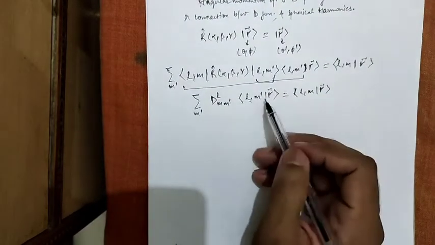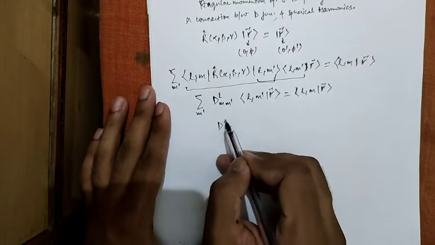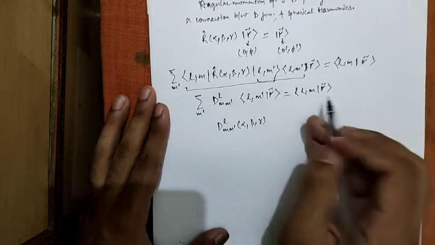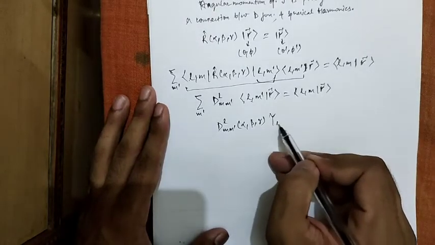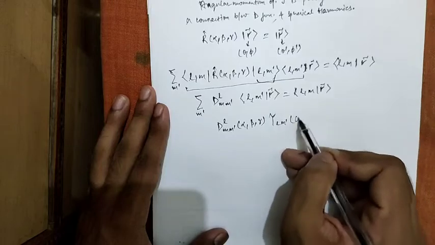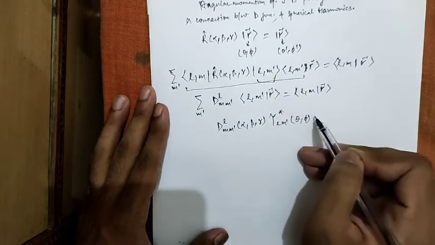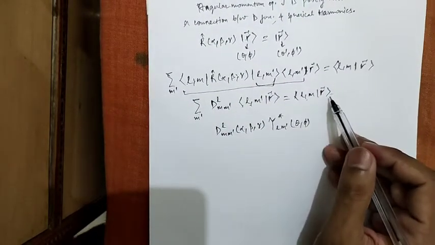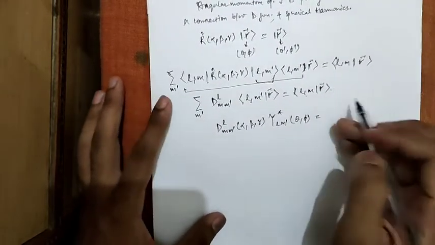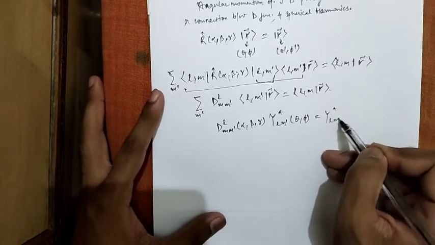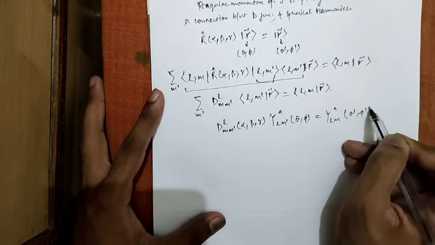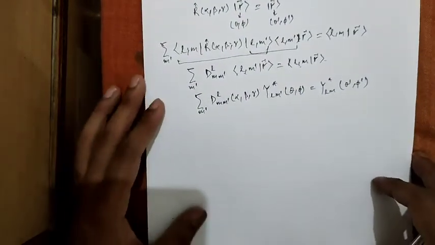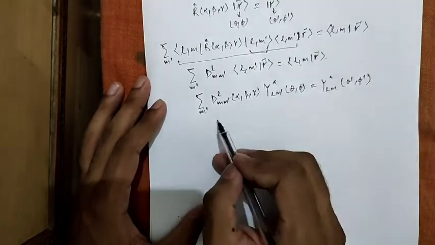Now this is nothing but our spherical harmonics, and we can write this again as D^l_{m m dash}, which is a function of alpha, beta and gamma. This is the spherical harmonics Y*_{lm dash}(theta, phi), as r is along the direction of theta and phi, and lm is along Y*_{lm}(theta dash, phi dash) m dash.